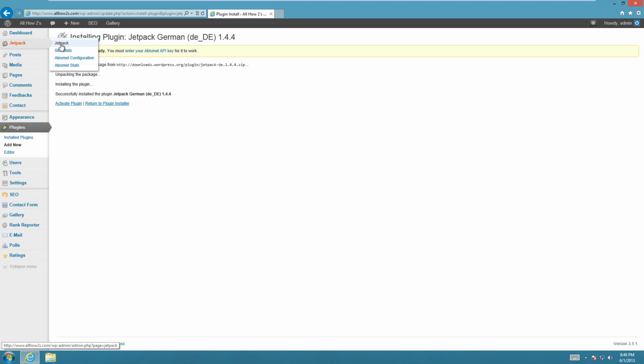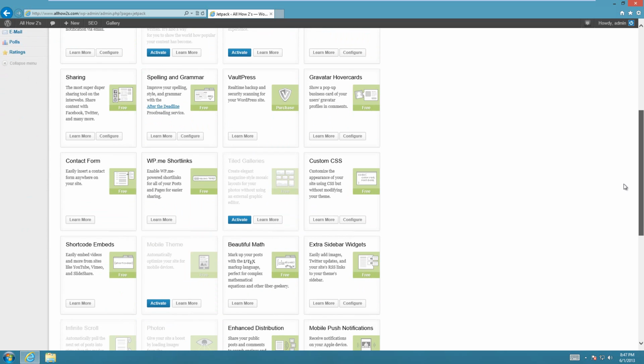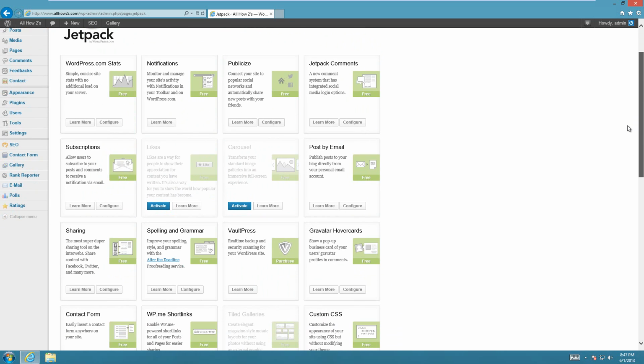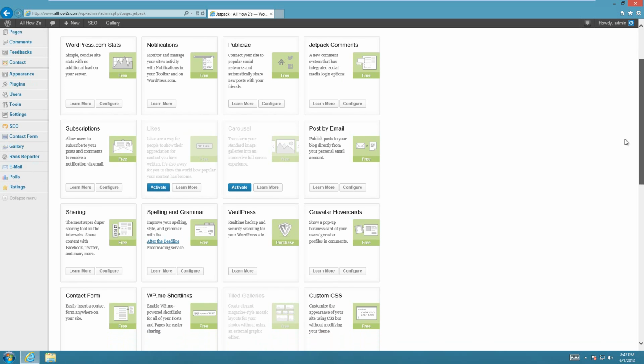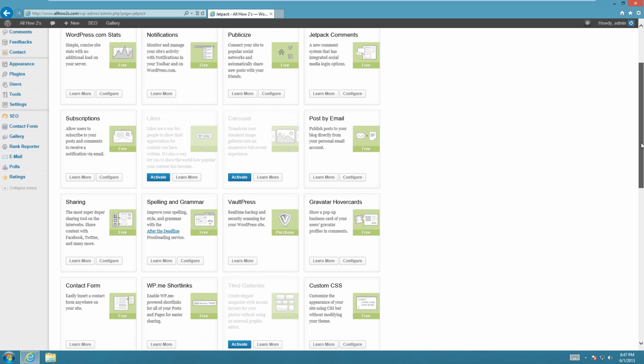Then click on the Jetpack thing right here. That'll take you to the home page of Jetpack. And once that loads, you're going to have all these choices here of what you want to activate and then how to configure it. There's some other cool things here. I might do some tutorials on how to use the other stuff, but the big thing that you want for the post views is going to be